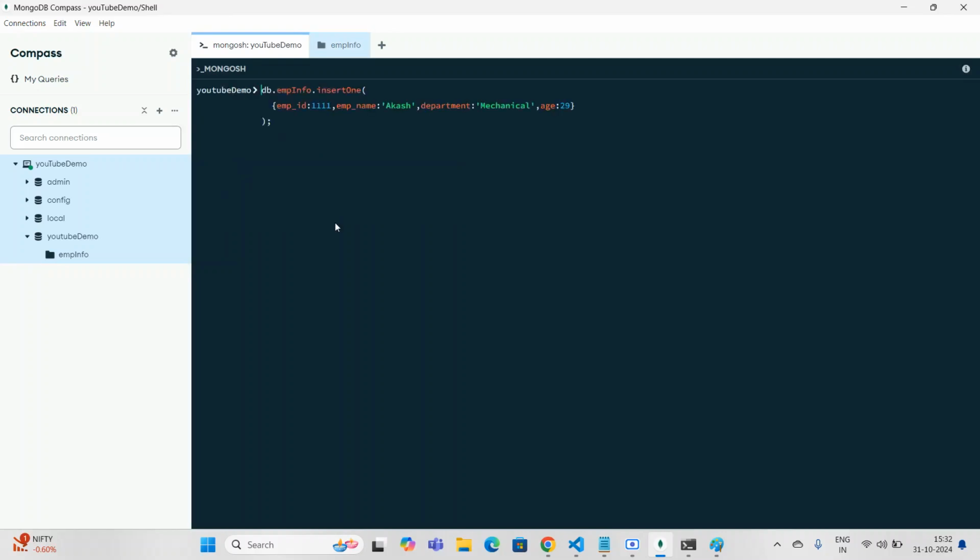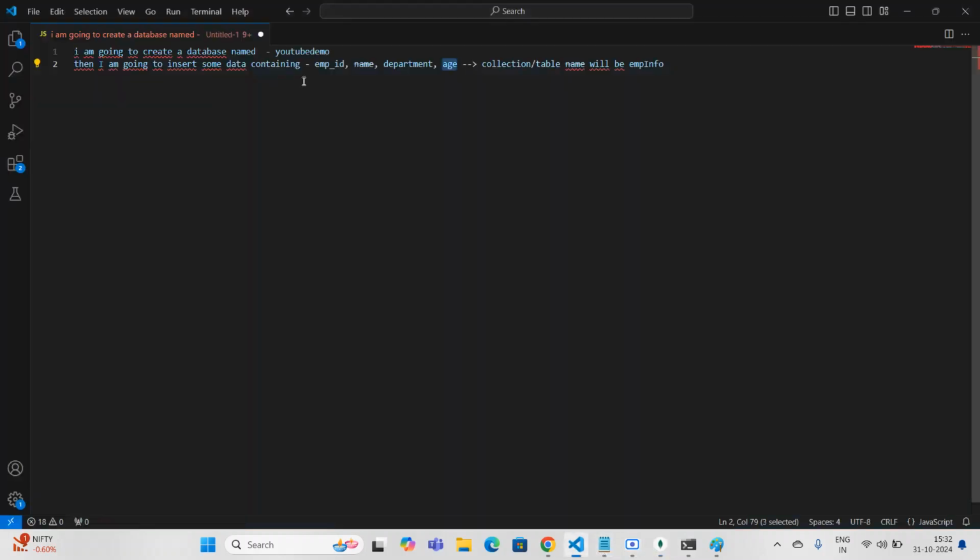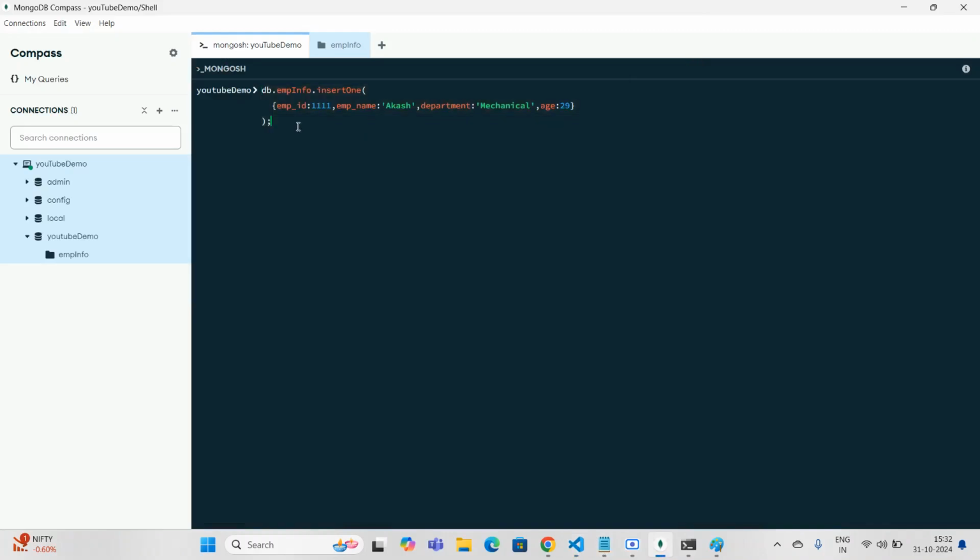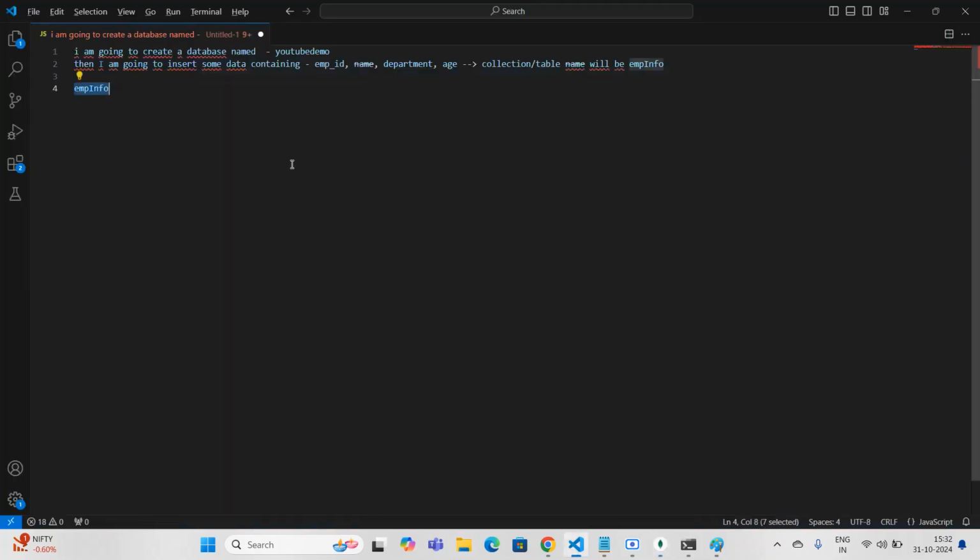So how to do that? Maybe I can copy this. Let me see whether I am able to copy this or not. I think I'm not able to copy, but I'll try. Yes, I cannot copy this, because from this shell you cannot copy the commands. Okay, so I have to write this again. No issues. So basically, db dot